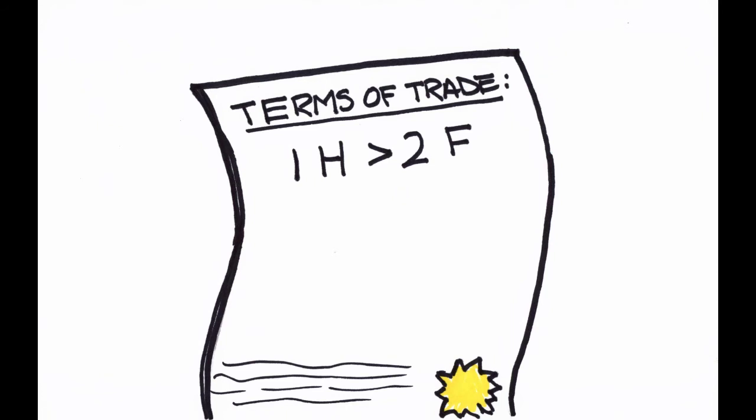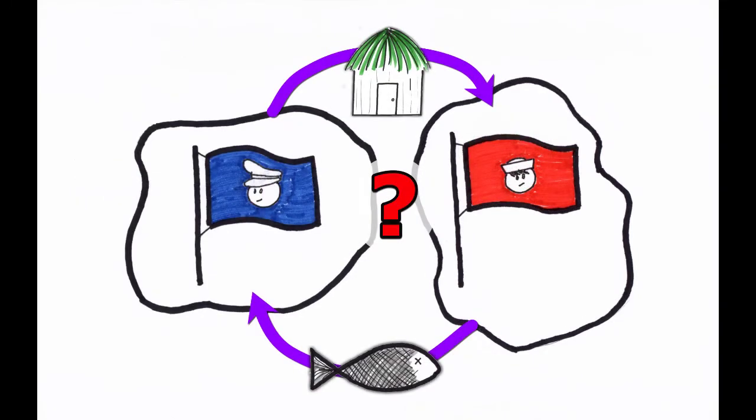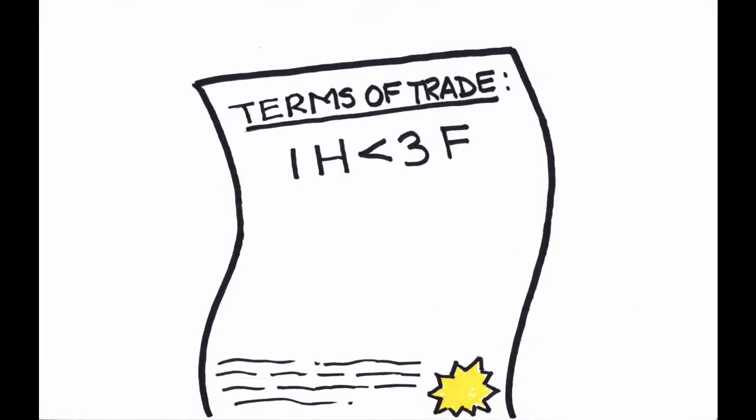Now, under what circumstances would the Republic of Gilligan consider trading? That is, what would make trade of Republic of Gilligan fish for United States of Skipper huts beneficial to the ROG? If the agreed-upon terms of trade allow the Republic of Gilligan to acquire huts more cheaply than they could on their own, then the ROG benefits from trade. Because the Republic of Gilligan can produce one hut if they're willing to give up three fish dinners, then trade will benefit them as long as they can acquire a USS hut by giving up fewer than three fish dinners.